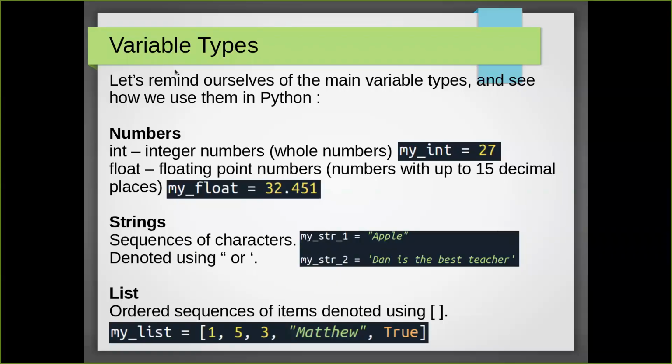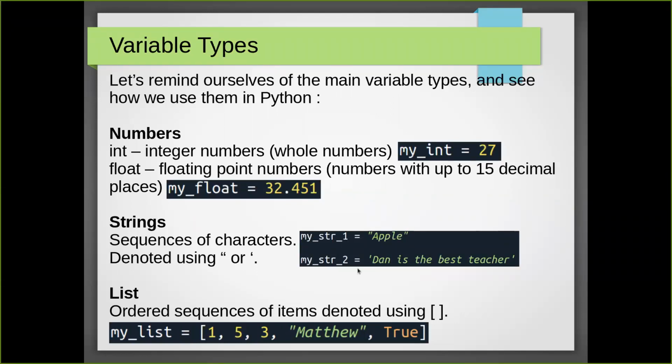So we've got floating point numbers, and these are just numbers with decimal places, okay? And as you can imagine, these are very useful whenever we're doing anything meaningful. Specifically, floating point numbers are numbers with up to 15 decimal places. For the purposes of this and much of what you'll likely be doing in your projects, that's probably all you'll need. There are other number types that allow you to have a greater precision. But as I say, for most of what you'll be doing at this stage, don't worry about that for the moment. So I may have, for example, my_float, and that has a value of